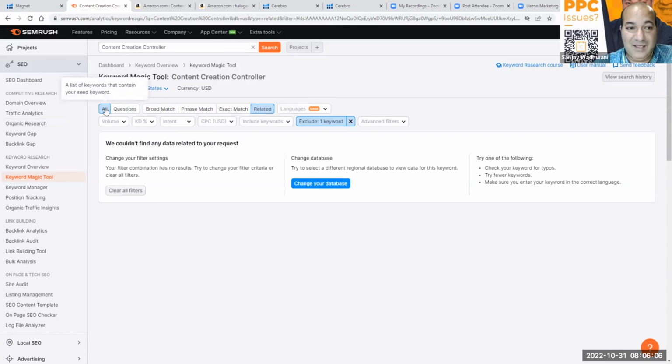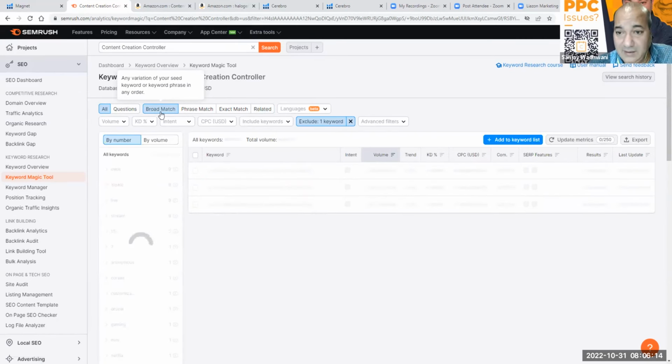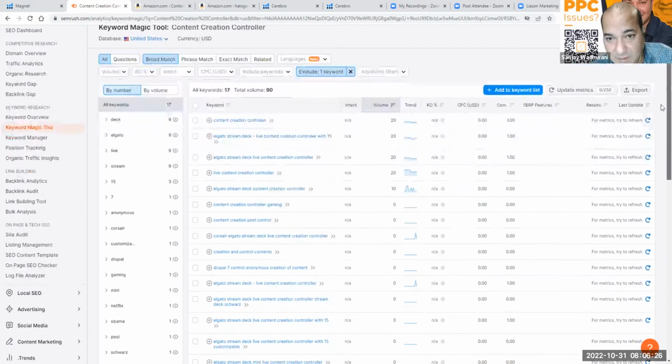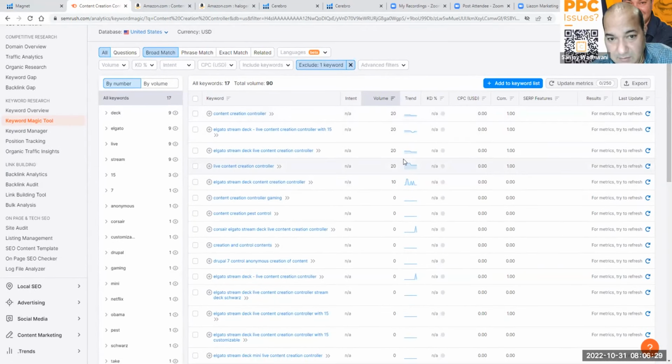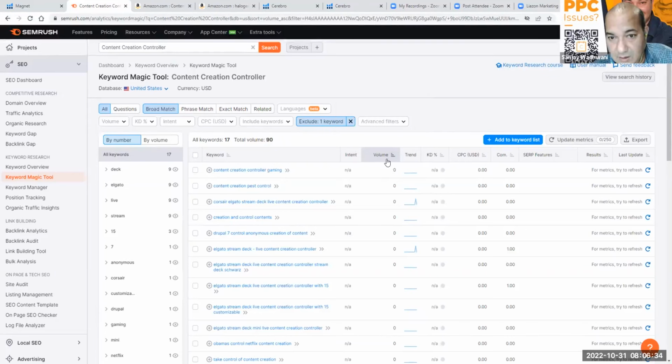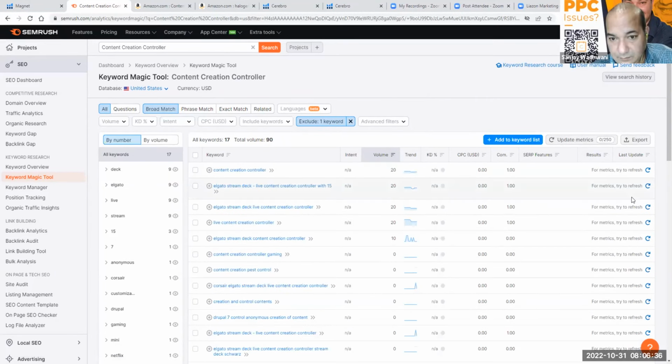So the thing is, you really have to take it to the next level to really get the information. Sometimes SEMrush can give you information that is not on Amazon at all. So let's just test one or two. Let's look at the volume keywords. If we have, let's say, this one, live content